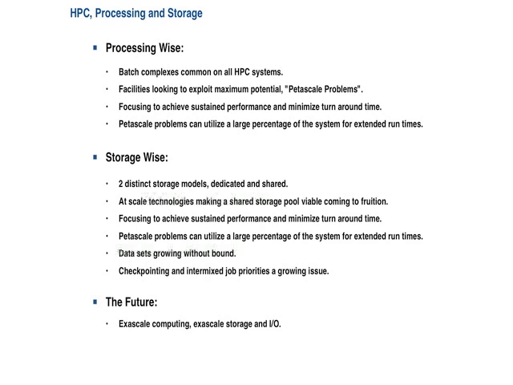So the facilities we're dealing with are focusing on really sustaining maximum bandwidth, performance, and minimizing turnaround time for science at scale. Petascale problems can utilize a large percentage of the systems for extended runtimes. So science at scale problems can use a system like Jaguar for up to several weeks at a time, depending on the type of problems they're working on. So you're talking energy research, possibly human genome, protein folding sorts of problems, climate studies for climate change, combustion research, so very large-scale